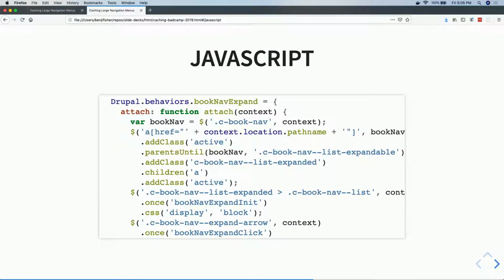And here's the JavaScript I mentioned. Let me see, was I scrolling here? I think it mostly fits. So frankly, this is a lot simpler than the PHP code that was there to add the active class to enough unordered lists so that you could see that menu link open. And this is what jQuery is good at. This ends up being a lot simpler than the PHP code it replaces. And part of this code was here before I got to it. The part I added